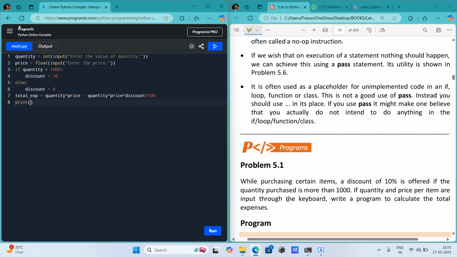So print total expenses is equal to rupees